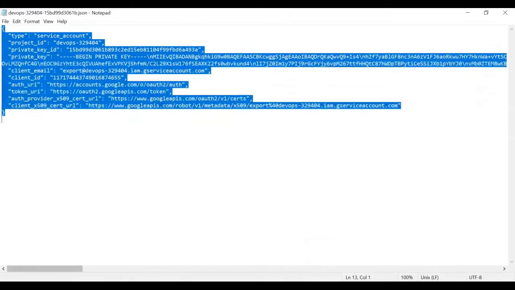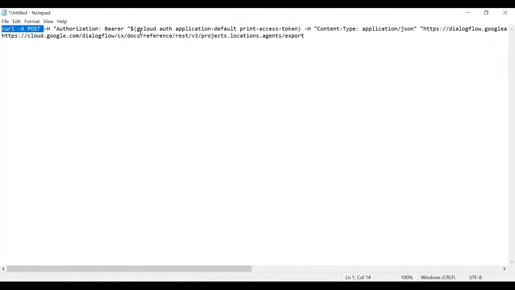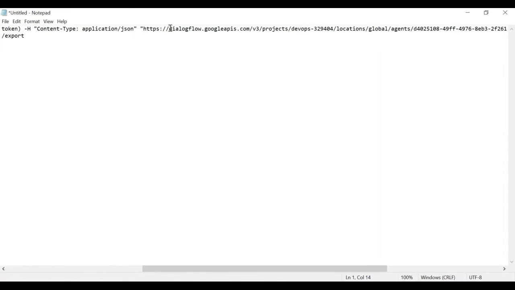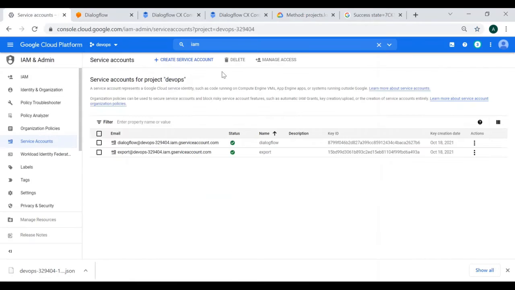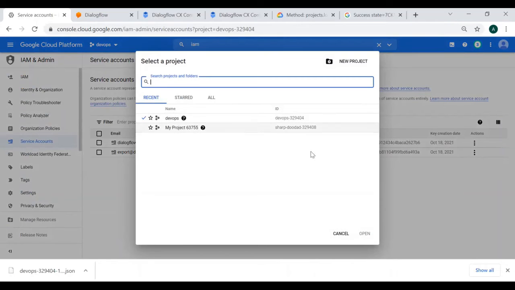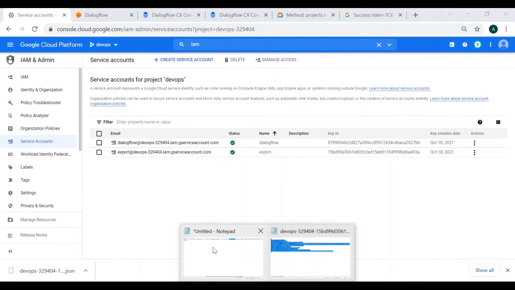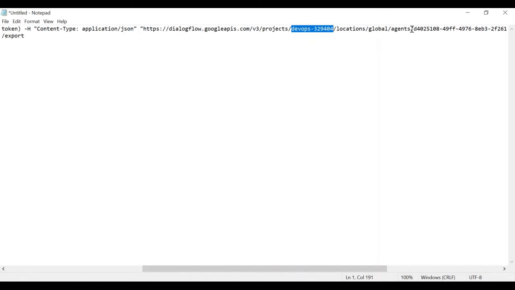The endpoint is basically your API endpoint. You can see it from here: Dialogflow Google APIs. Then this version v3 stands for CX agent. Then the projects, and then I have given my project ID, which I have shown you already here. Now it is the global location and the agent.